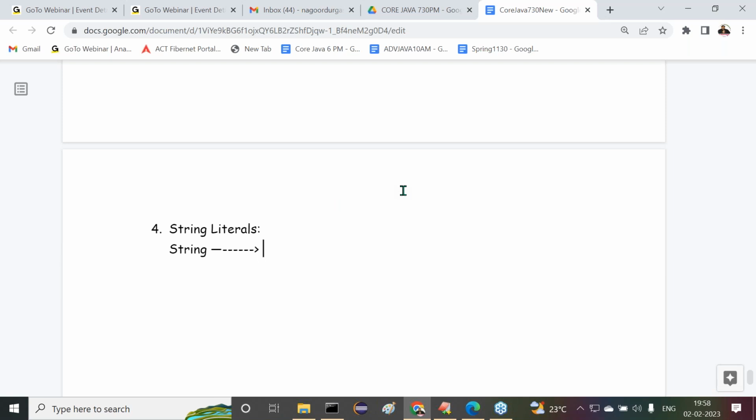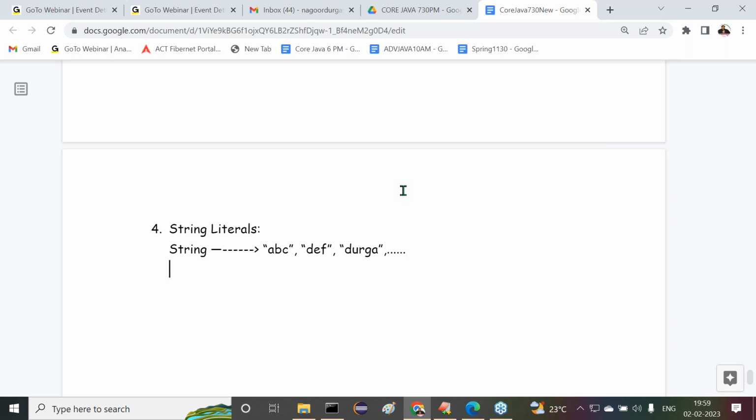Now inside this string data type, we are able to provide any data within double quotation. Any data within double quotation is a string literal. Understand my point here? Double quotation ABC, comma, double quotation DEF, comma, double quotation Durga, anything else, we can write it. So if we provide anything within double quotation, then it is a string literal. Understand this clearly. All of you get my points or not?